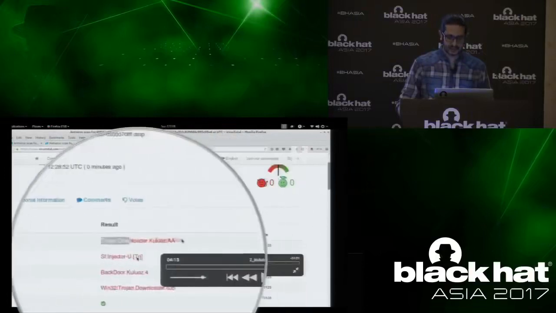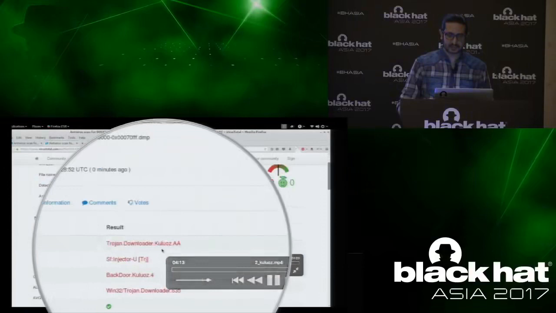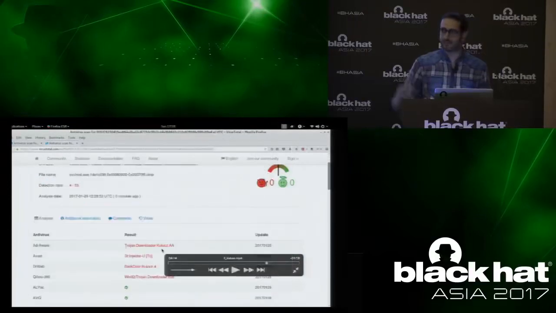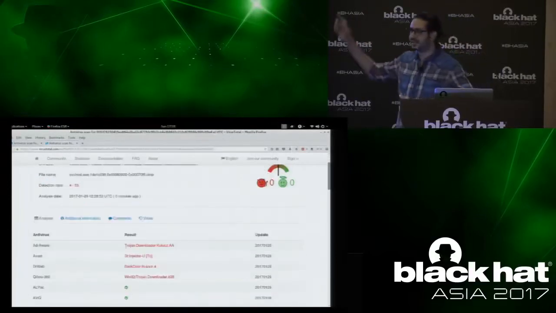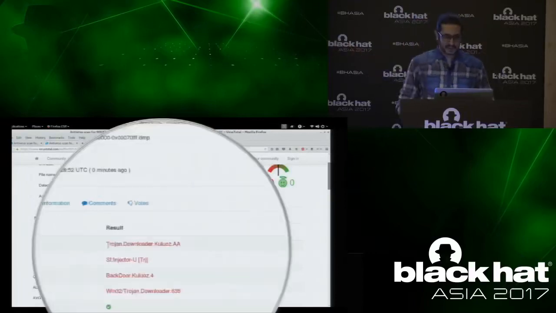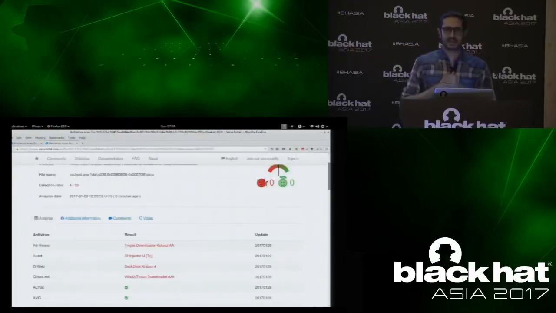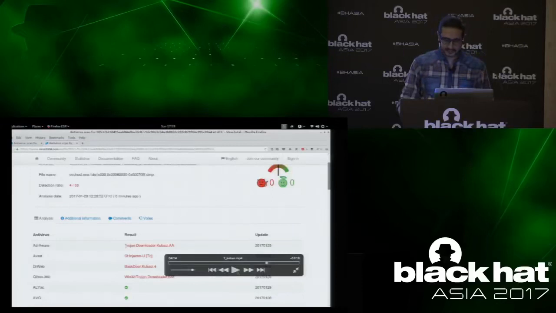See, this is a component of Kulos. It's telling us that it's a component of Kulos. So in case you missed that, and if you relied just on the AV detection, you would probably miss this component. And also, the existing forensic plugins are not designed to tell you the relationship, this redirection relationship.